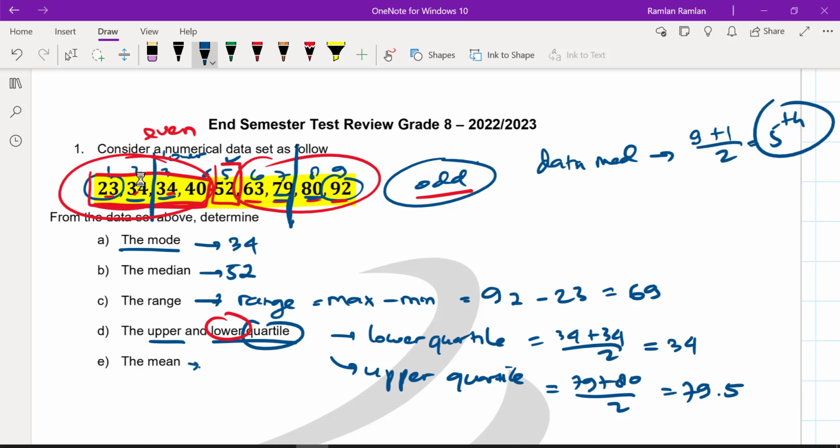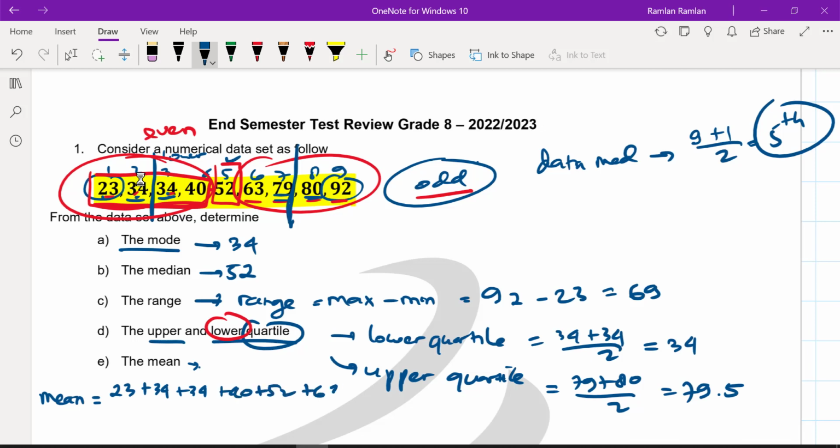The mean is just adding all of the values of the data and then dividing by the number of data. We have 9 data, so we're going to add 23 plus 34 plus 34 and so on until 92, and then divide by 9. Why 9? Because we have 9 data. If we have 10 data, we divide by 10. If we have 9 data, we divide by 9. So the mean will be equal to 23 plus 34 plus 34 plus 40 plus 52